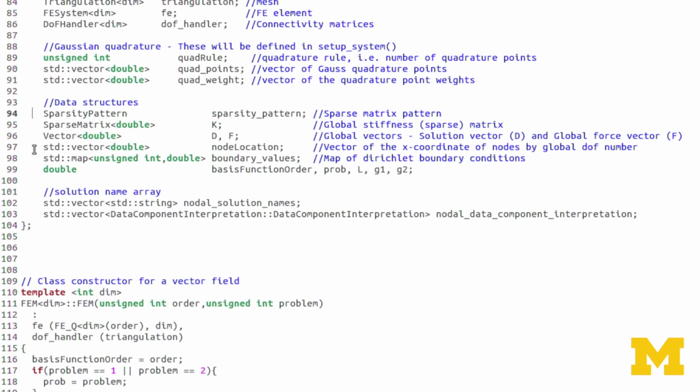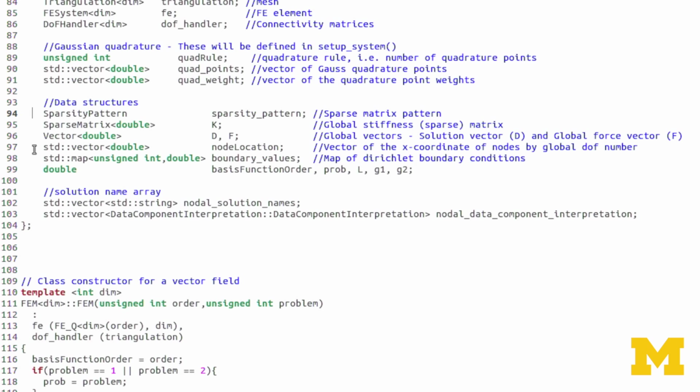Mostly we use that in our solve function when we're solving for the solution vector D. Now I have this standard vector of doubles called node location. This is a vector that just gives you the x-coordinate, in the real domain, of each global node.